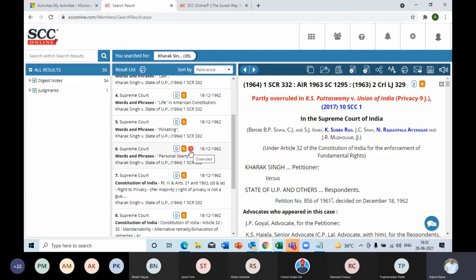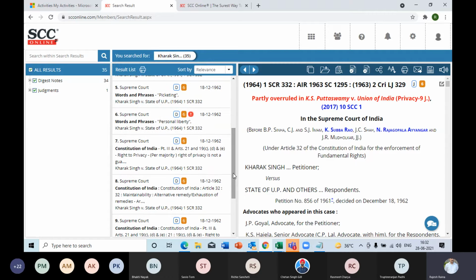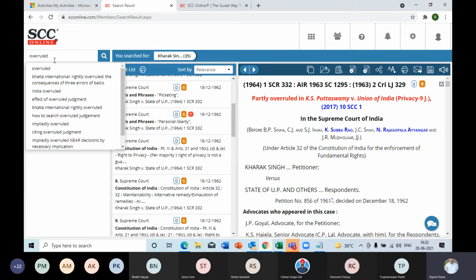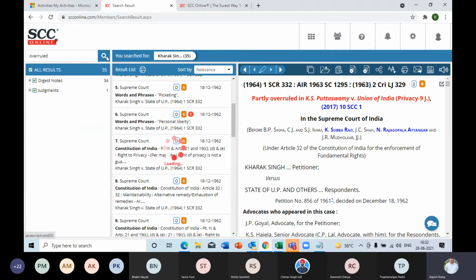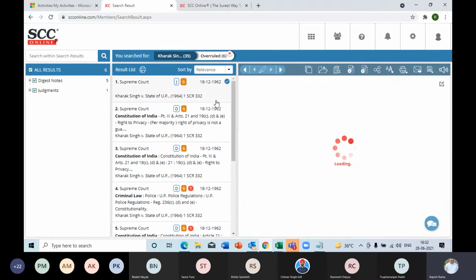which is in the form of a red circle and an exclamation mark. That means this particular law point has been overruled. What if there is more than one law point overruled, or if you have some judgments where you have hundreds of law points? You will need to scroll down through the entire list, which takes time. So to make things quicker, within search results, we'll type overruled. So it will now pull out all those overruled law points and display them in